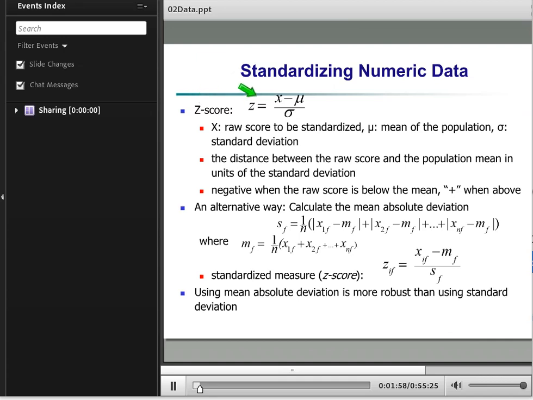Z-score is another measure to calculate the difference between two objects. For example, if I have object X,